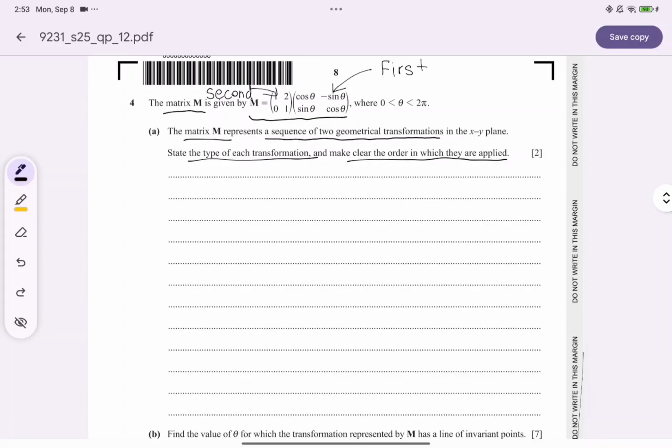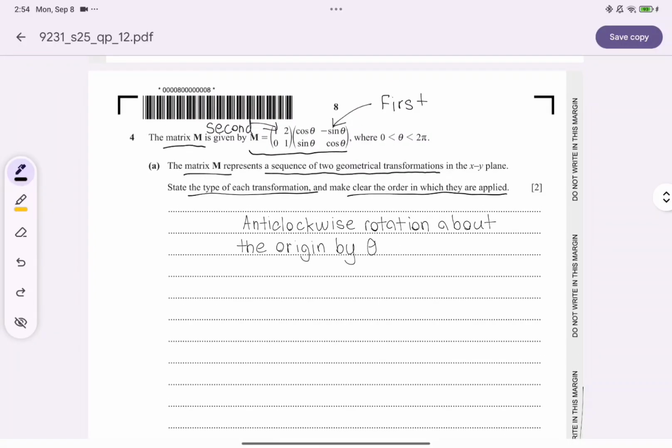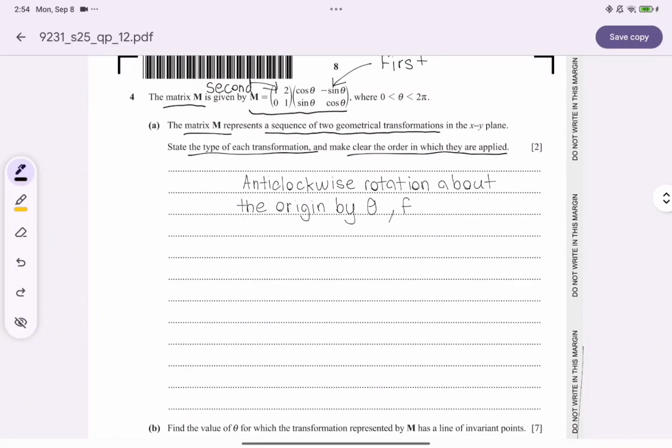So this is actually an anti-clockwise rotation about the origin by theta. So this is an anti-clockwise rotation about the origin through angle theta,